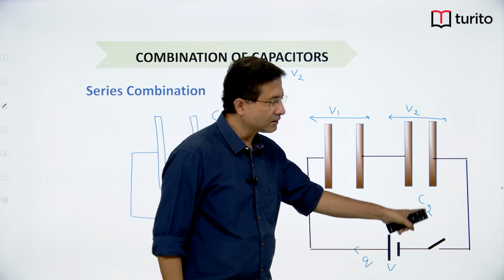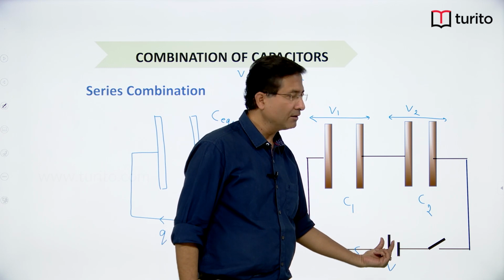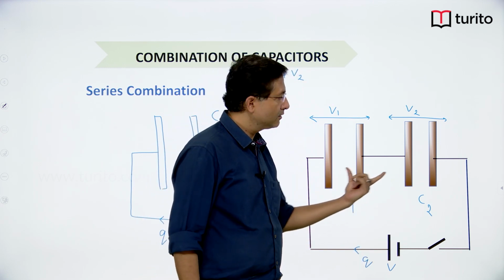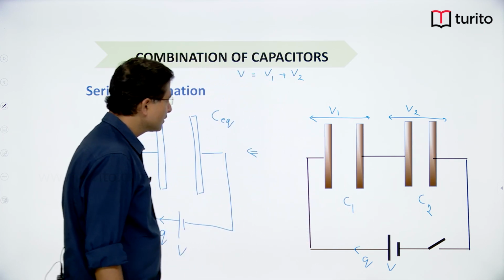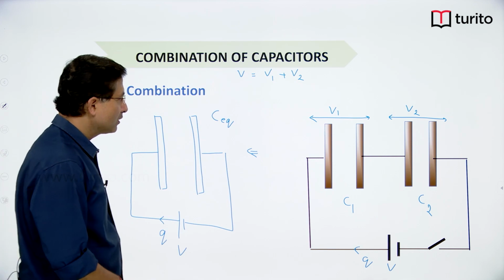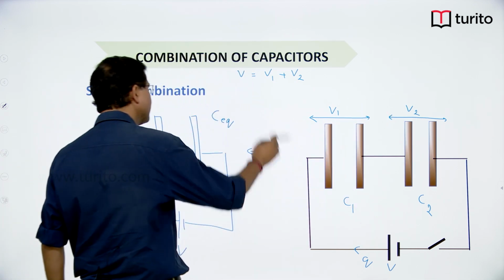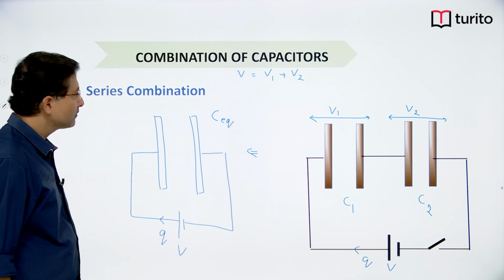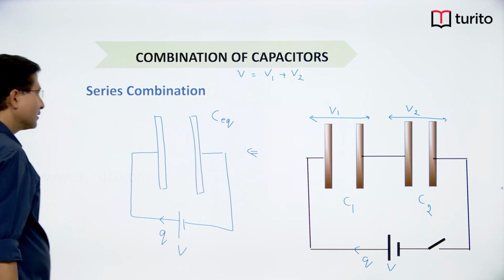In the circuit, if you look at the supply voltage, it will be equal to the sum of the voltage across the branch. So, out of V, V1 came here and V2 appears here, so we are writing V is equal to V1 plus V2, and we know that for a capacitor